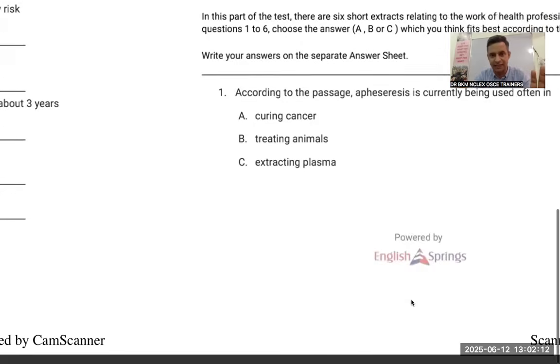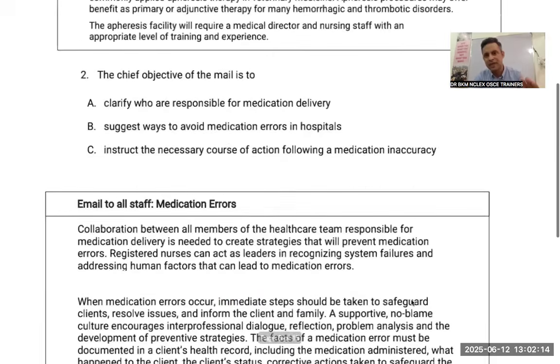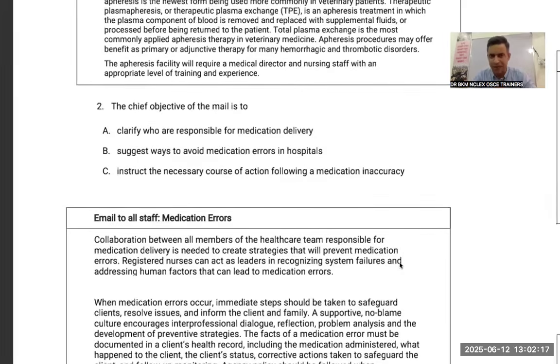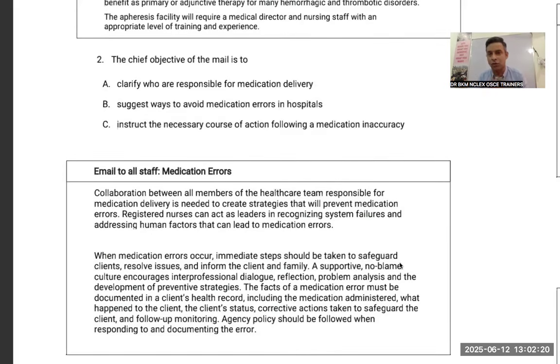Let's do one more question, that is the second question. The second question is a little different because it is the question of chief aim, chief objective. These questions, I always say, most probably the answers are in the last line. Last line means if you read the whole paragraph, in the last line they will conclude the paragraph. So that is how we can understand the chief objective. Chief objective means what is the main aim? What is the purpose of this paragraph? Questions like aim, purpose, objective.